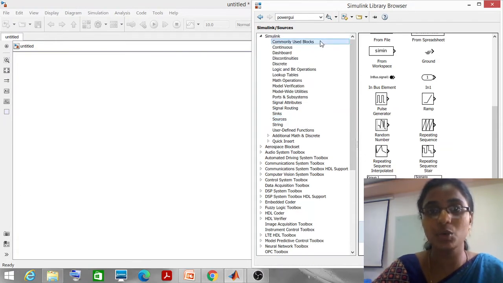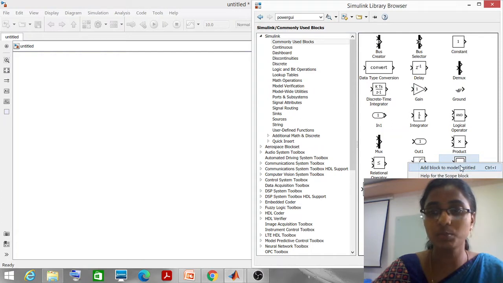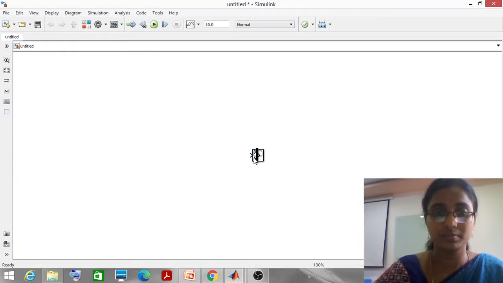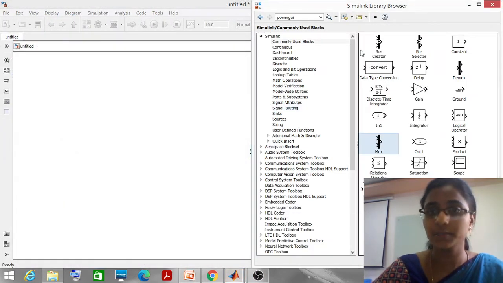First we will go to the commonly used blocks. From here, first I'll select scope, mux, and next the step input.